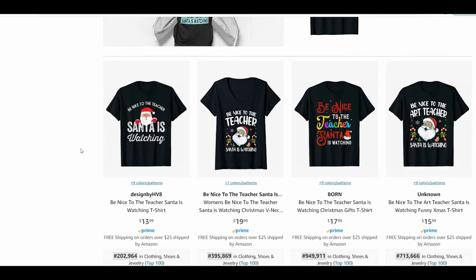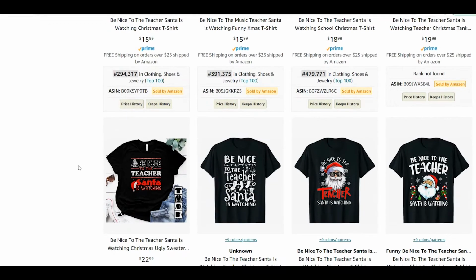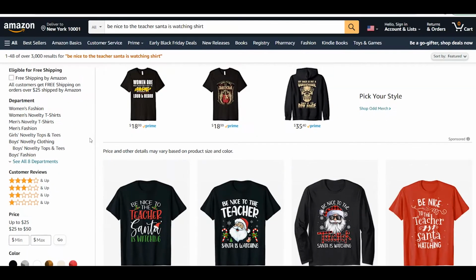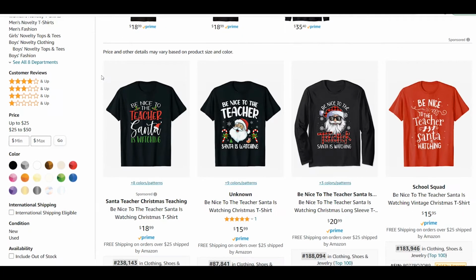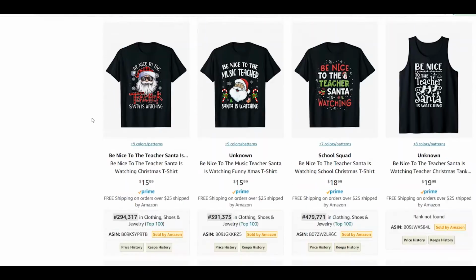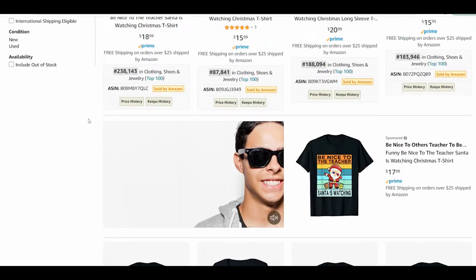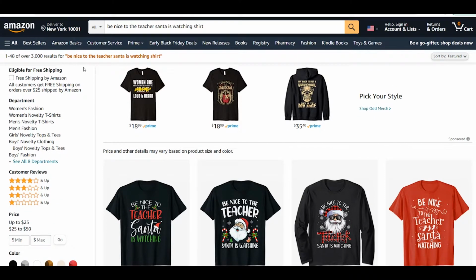So I can suggest that the BSRs of these t-shirts will be smaller after a week or after a couple of weeks. So I can say that this kind of design is selling well, and if you can make such a Santa design, it will also be good, and you can get some of your sales near the Christmas holidays. But also I want to look at